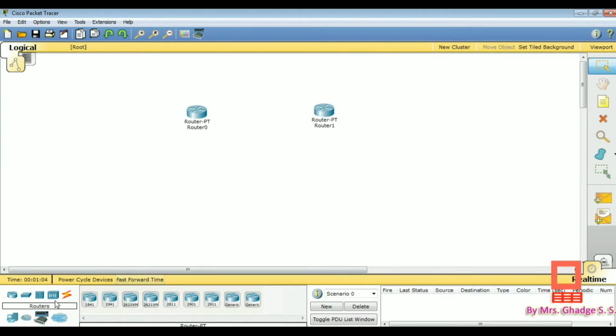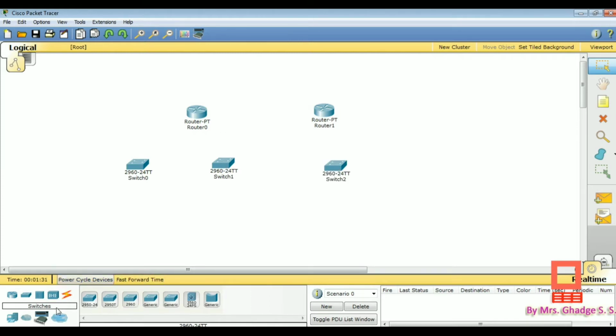Then at the left end you can see the first option is routers, the second option is switches. Click on switches and take switches. We are going to take 2960 model switches. We need 3 switches, so we take 3 switches here.